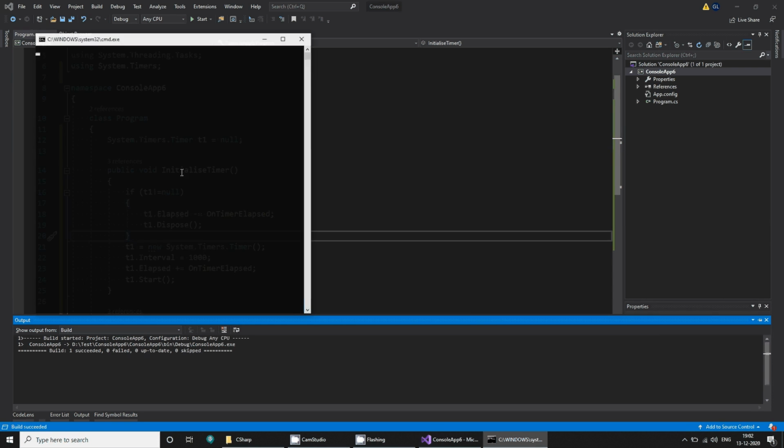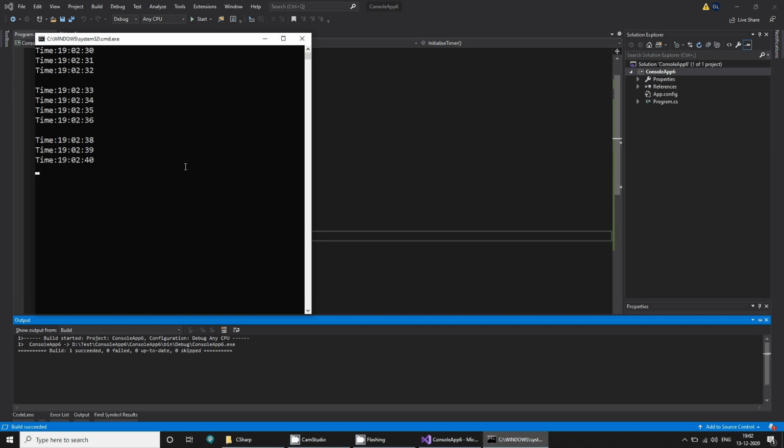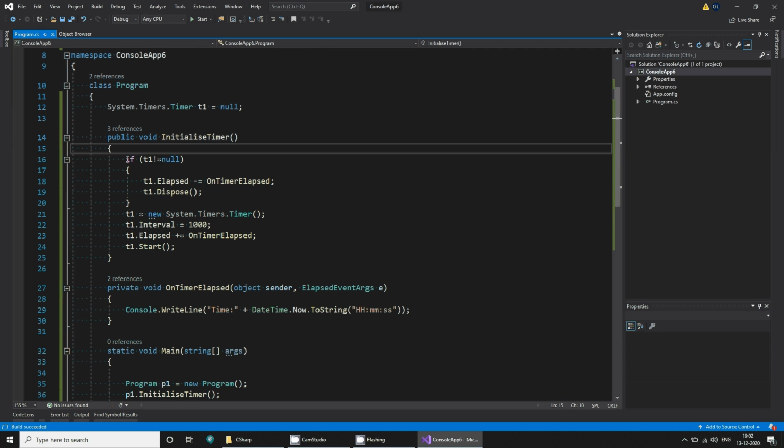And now when you run it, it prints one message each second. I hit enter, it still prints one message per second. I hit enter, it still prints one message each second. So that's what we want to do. So always remember that when you reinitialize the object, it's important that you remove any connections and then you